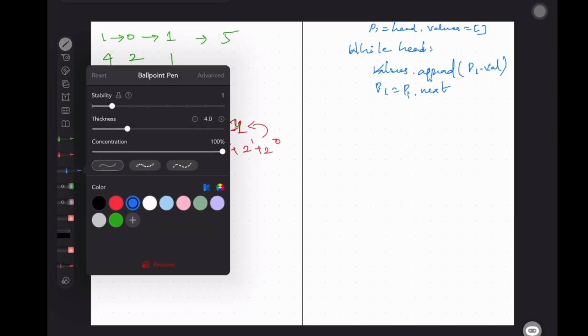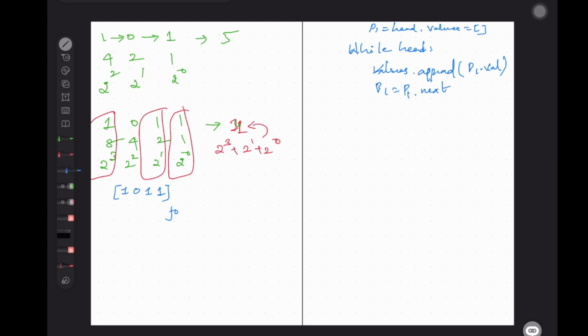When you are traversing these values again, we will be updating based on the power, right? 0 1 2 3, that is from LSB to MSB. The powers are 0 1 2 3. So again you have to reverse this array, which gives 1 1 0 1. We have to reverse, then you take the power initially as 0.